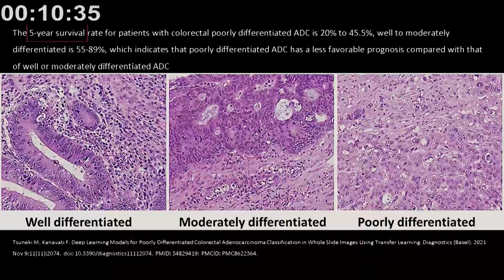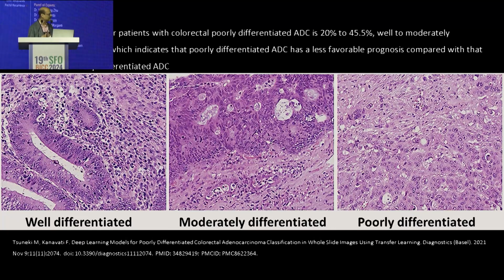Next, histopathological grade. So how is grading done? It depends upon the solid component. If the solid component is more than 50%, it is grade 3. If the solid component is less than 5%, it is grade 1. And if the solid component is between 5 to 50%, it is grade 2. And if 100% of the tumor is solid, it is signet ring cell carcinoma or grade 4.